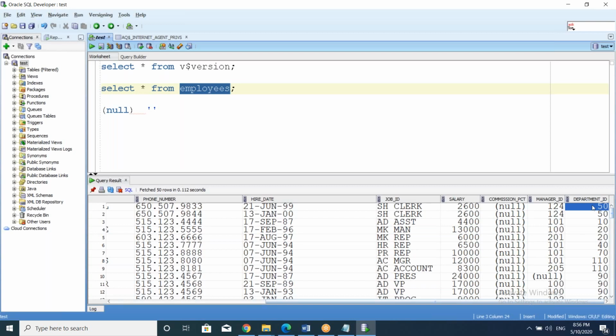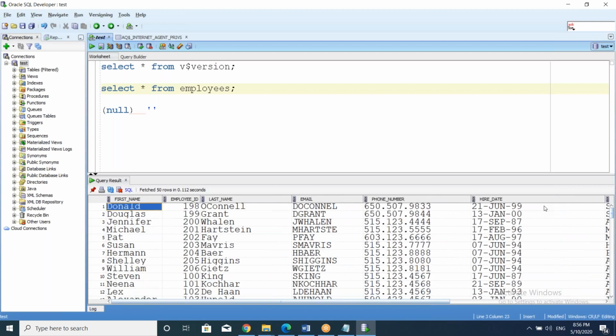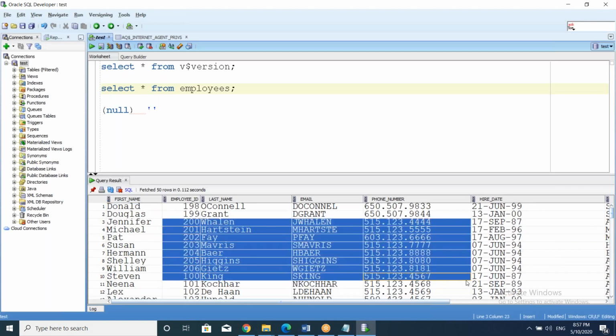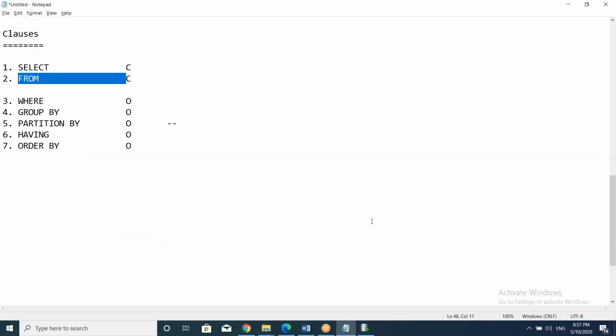How many columns are there? 1 2 3 4 5 6 7 8 9 10 11. Okay, 11 columns are there, 107 rows are there, one table name, and all those are column names, and these are the data. Using all those, we can write some query at a very basic level using the compulsory clauses, the first two, which are compulsory.